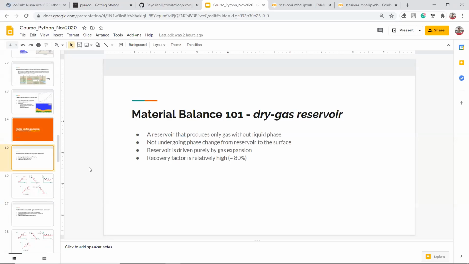And why does the reservoir have to produce liquids? It is the property of any reservoir fluid. When you increase or decrease the temperature, or decrease or increase the pressure, you will change the phase, for example from liquid to gas or gas to liquid. Okay, so for this type of reservoir, dry gas reservoir,